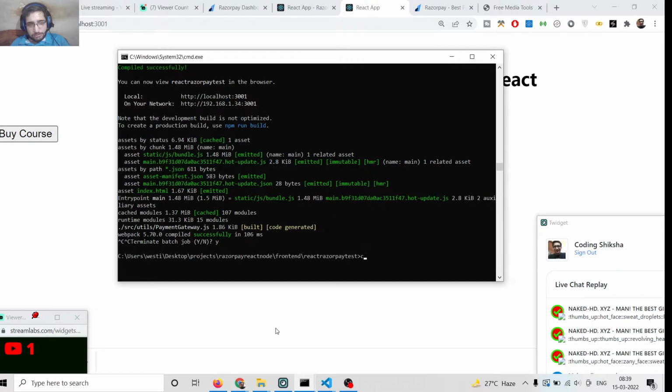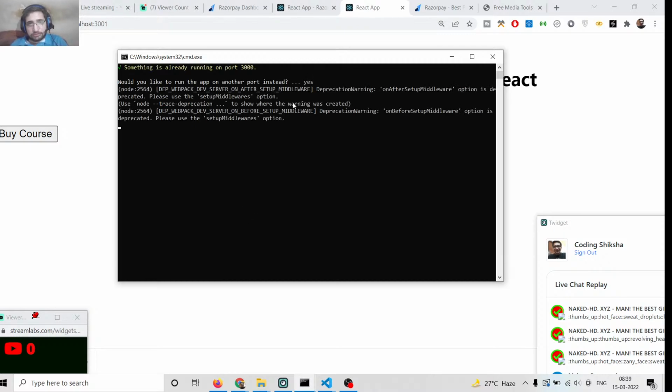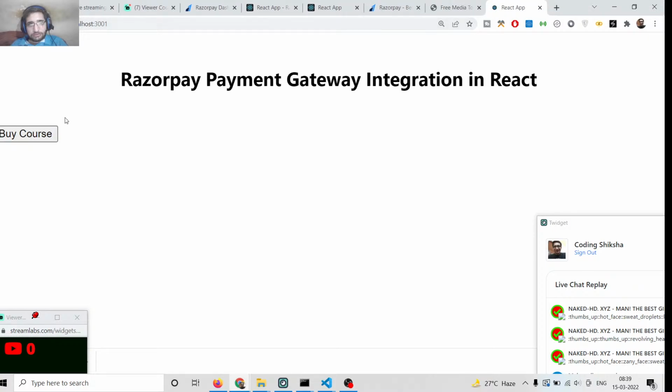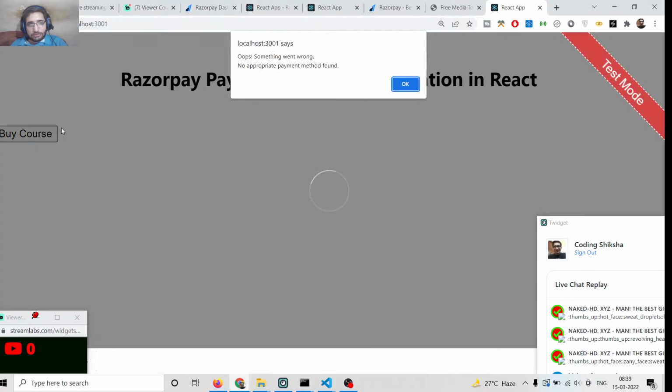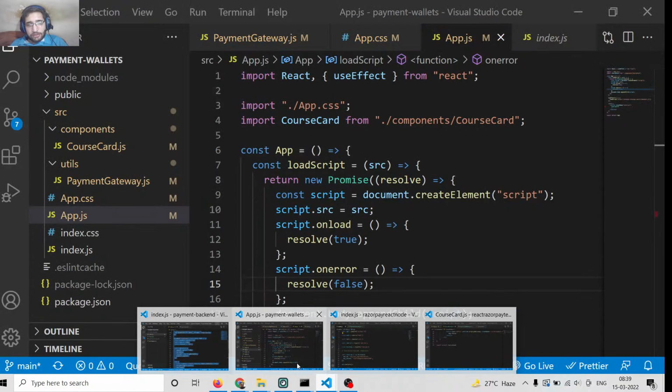So restart the application, which is npm start. Let me cross check which is the problem which is taking place. So if you see here,